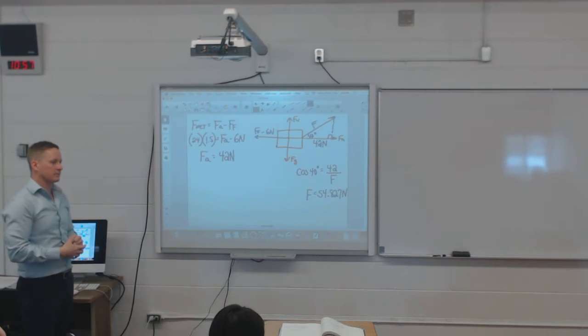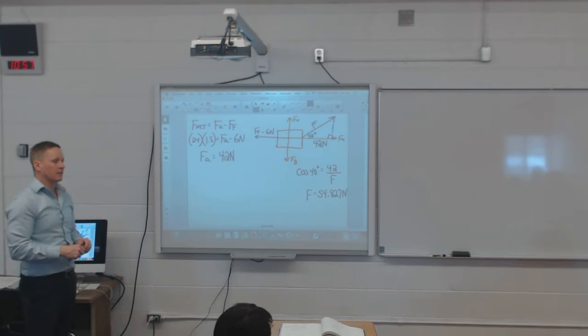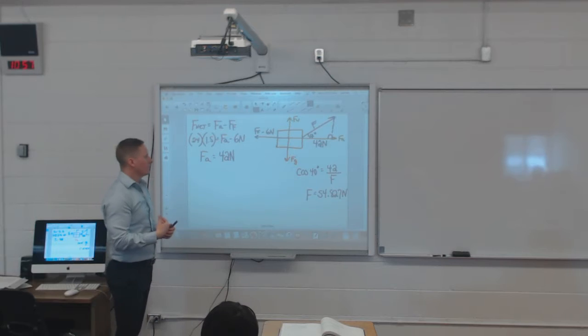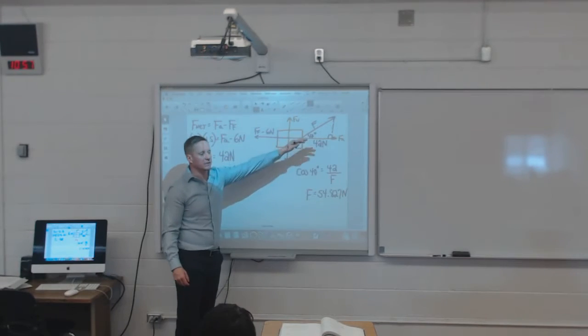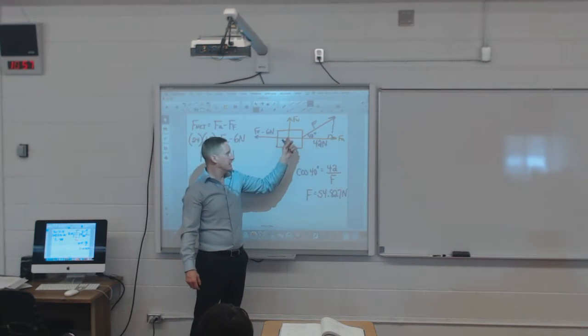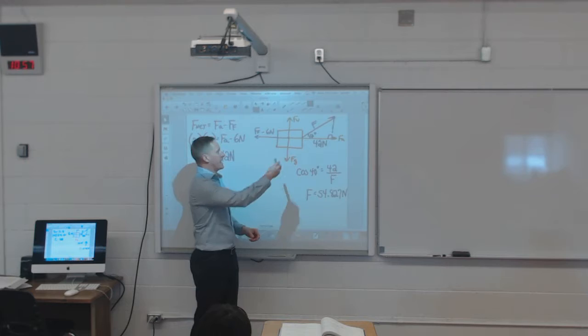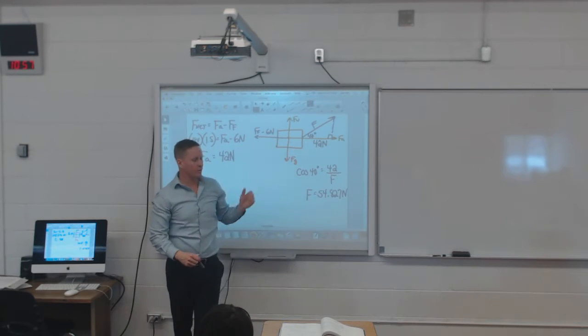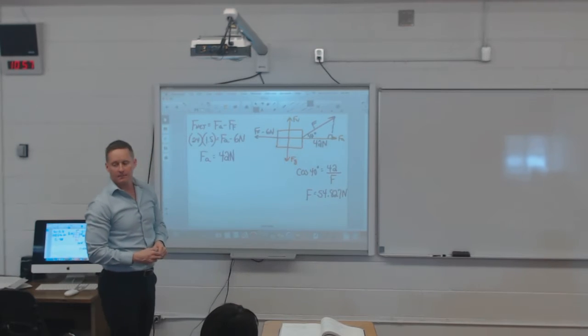What if the boy was pushing it, then would it be add? No, because the friction's still working against it. If somebody's pushing from this side, that's still the direction of motion, so I draw it out this way, even though it's on the back side of it. The force of friction acts against it still. No matter what, you're going to be subtracting it.